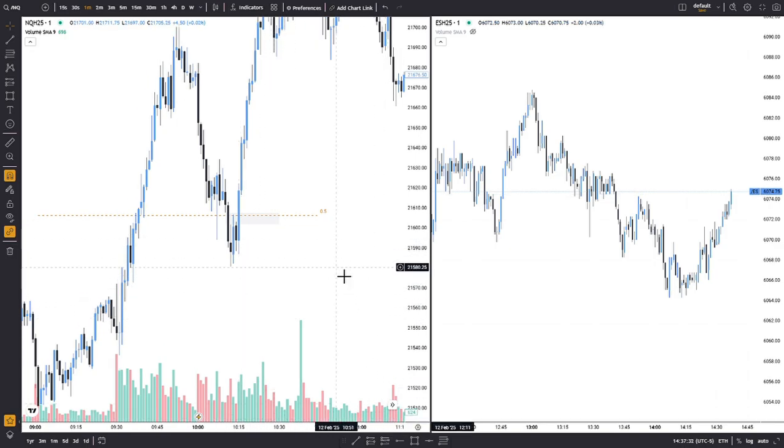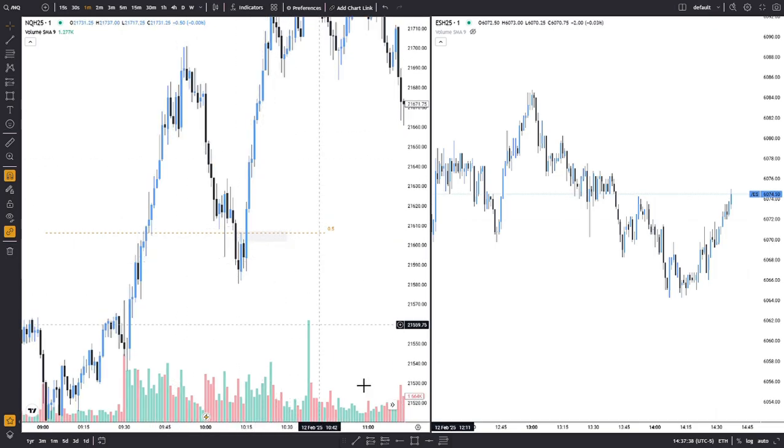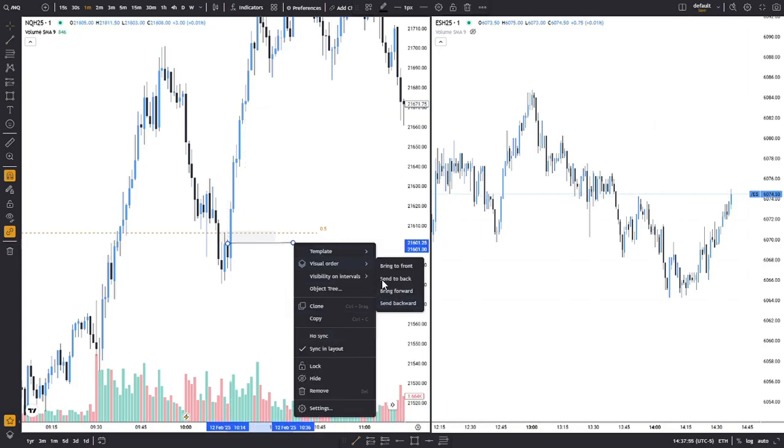But this one is really good. This one is A plus. We tapped the 50%. We came a lot down. We have a singular fair value gap. It's not really the most obvious fair value gap. It's good for them to be obvious to make it even higher probability, but we have good momentum. We've put on an order block,